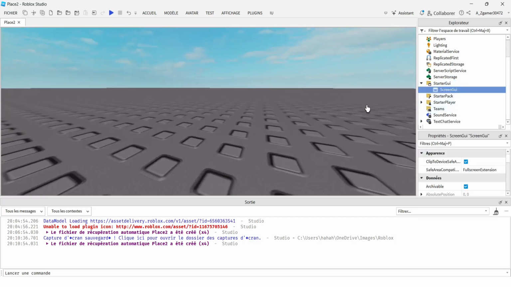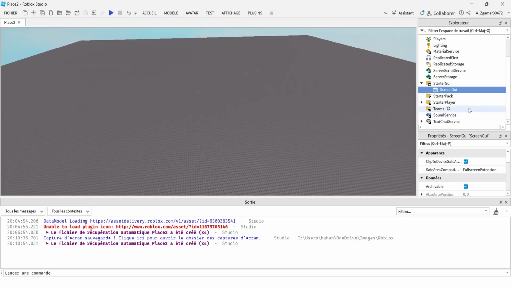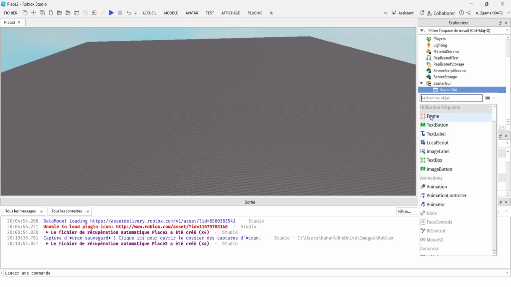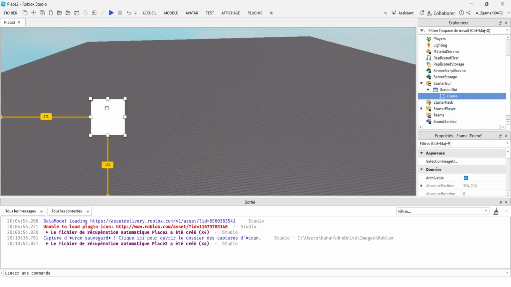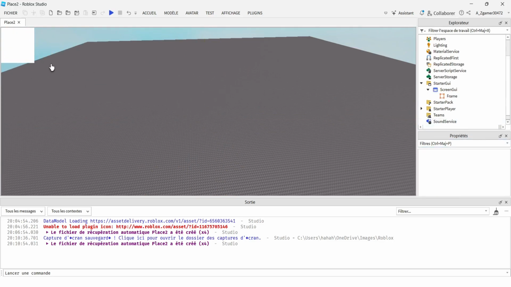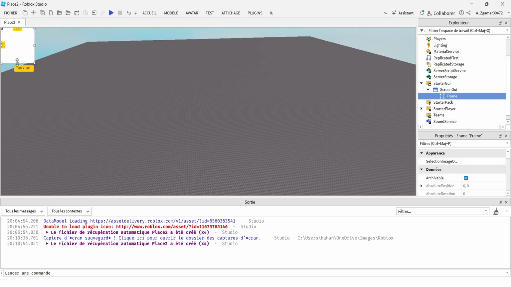And once you do, nothing will pop up on the screen. And that is because we haven't added anything to our screen GUI. So let's add a frame here. As you can see, we can change its position and stuff. And this frame, you can scale it up